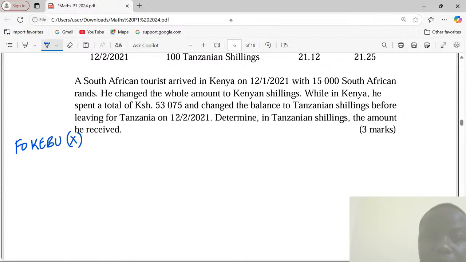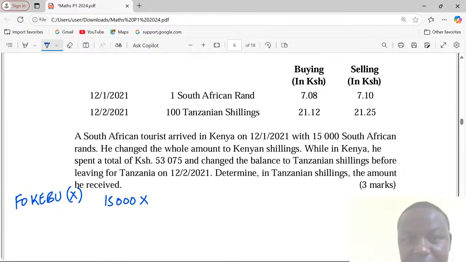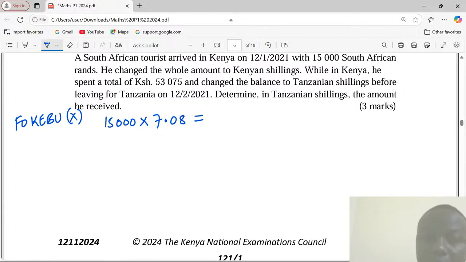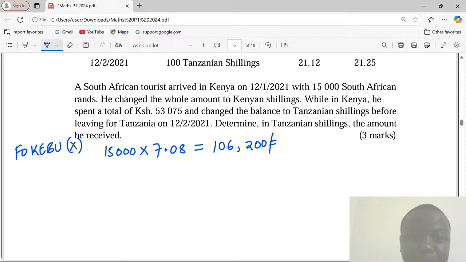So we need a foreign currency of 15,000. We multiply it by the rate at which it is bought by the Kenyan bank, 7.08. So this is going to be exactly 106,200 Kenya shillings. Then while in Kenya, the tourists spend a total of